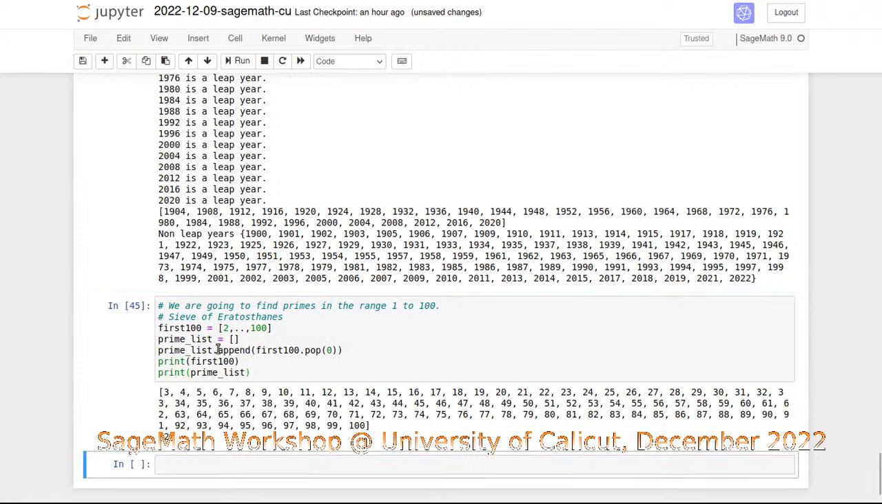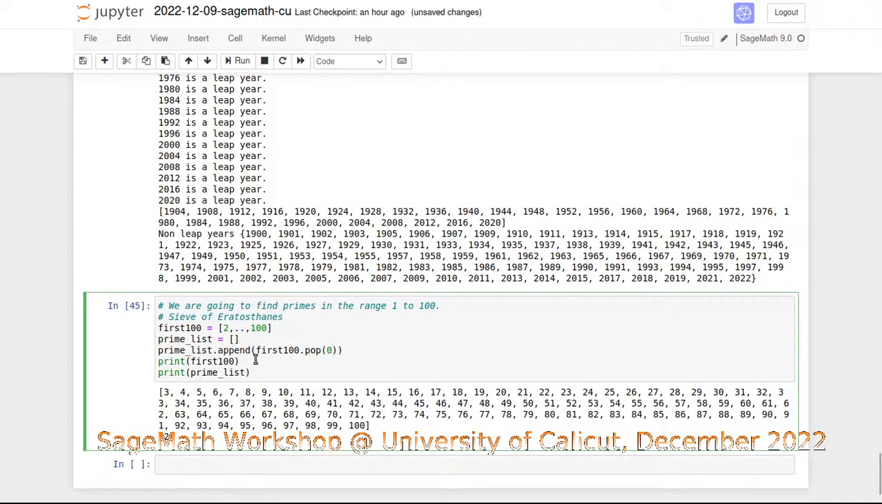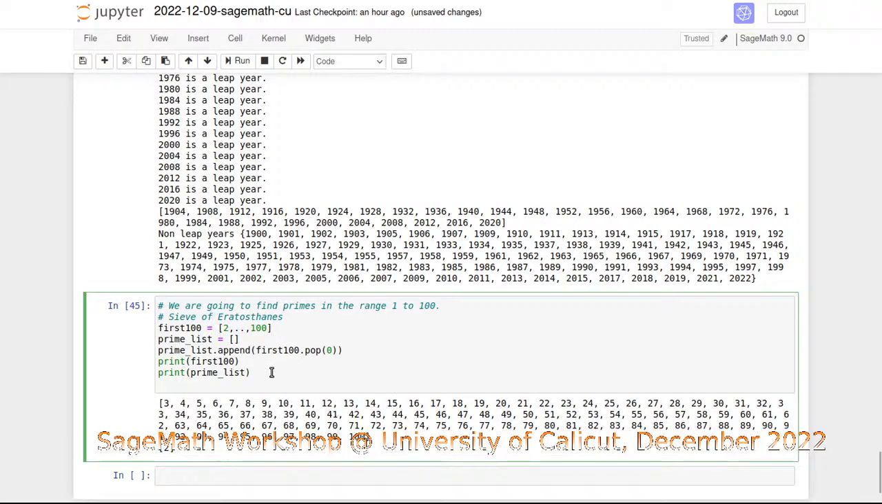So 2 is the first. Now what next? We need to remove all the multiples of 2 from first 100. 4,